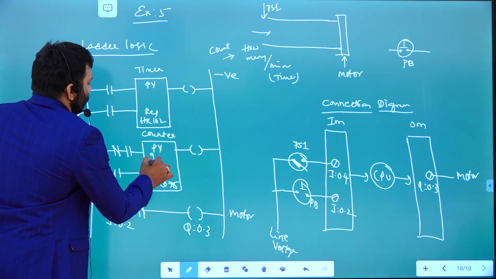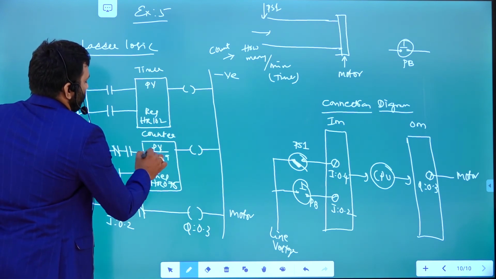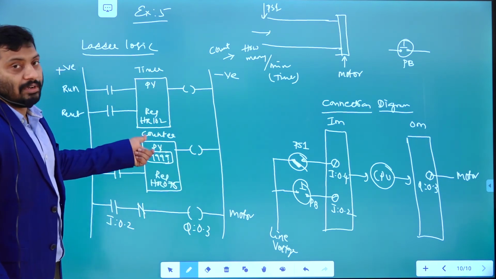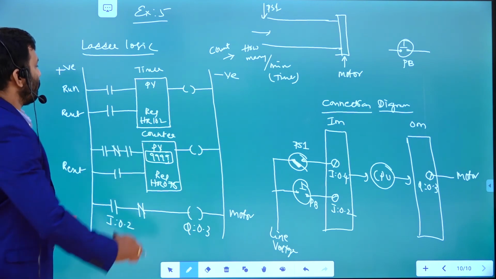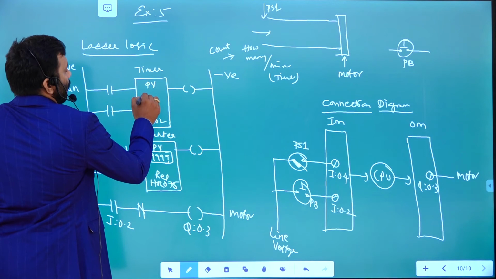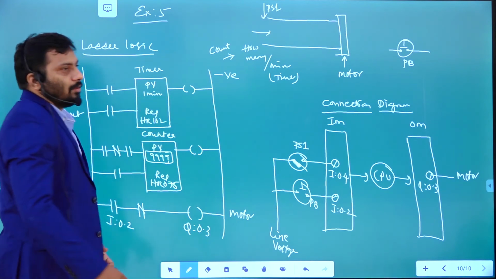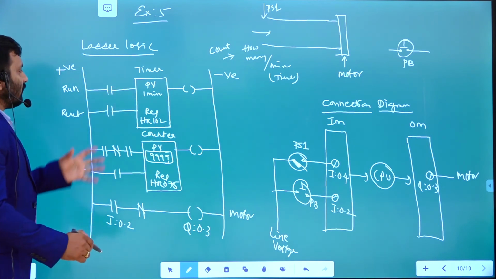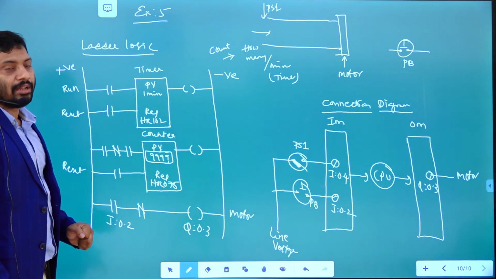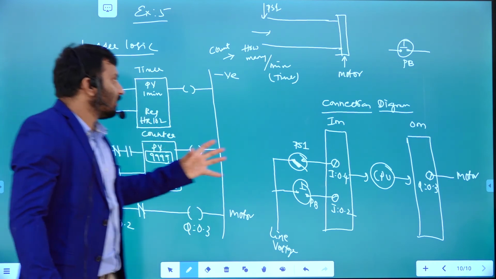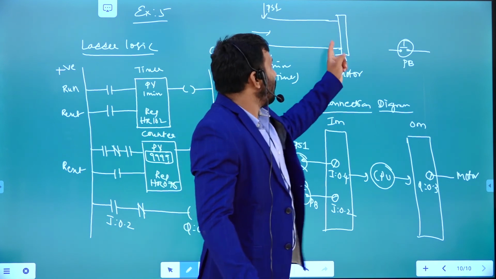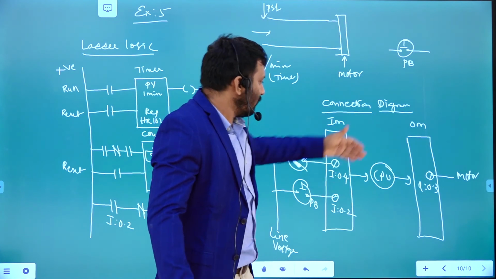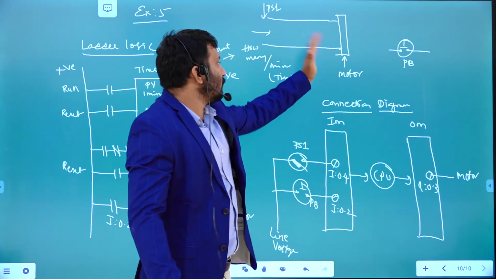Here you place the maximum count. The preset value is the maximum count in the preset value register for this particular counter, and this one is the 1 minute. The preset value in this particular timer is going to be set to 1 minute. When does this timer and counter need to start, and when do they need to reset? Whenever you push this push button, whenever this conveyor belt starts, right. That means whenever you push the button, the motor should be on, right. The conveyor is going to start, right.